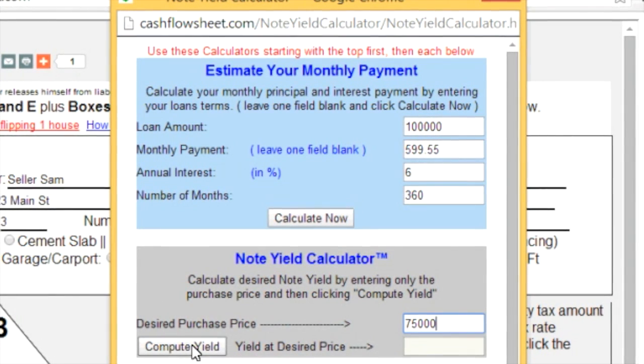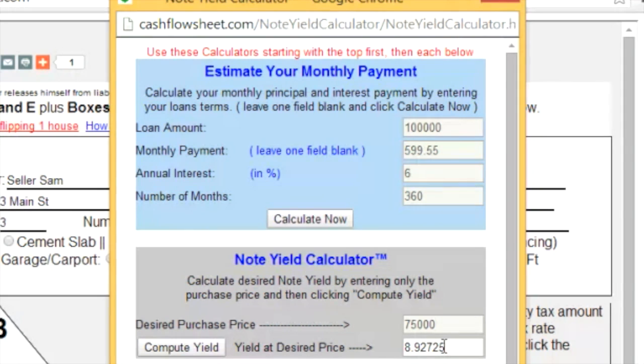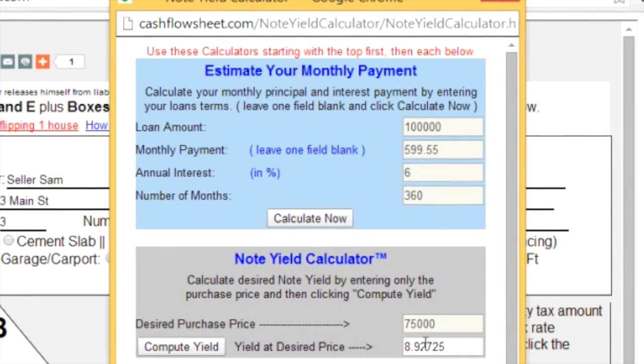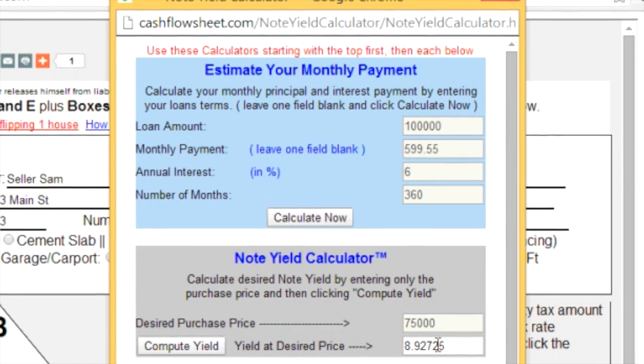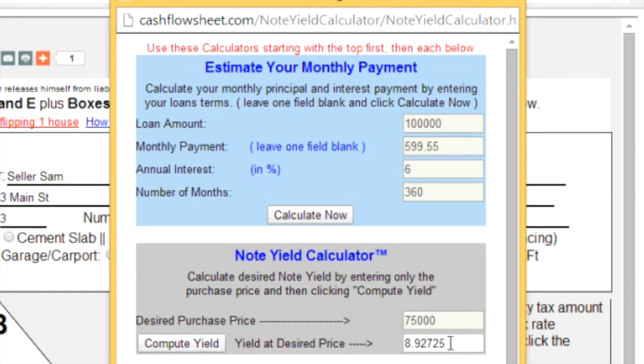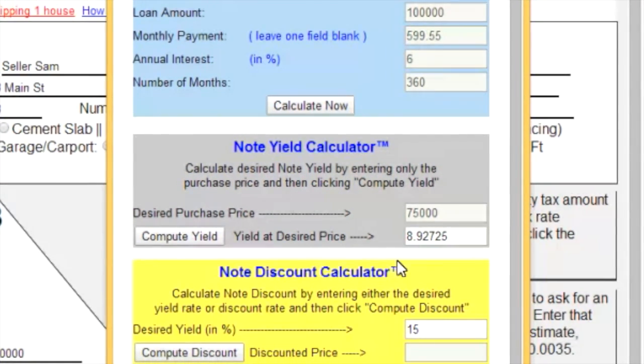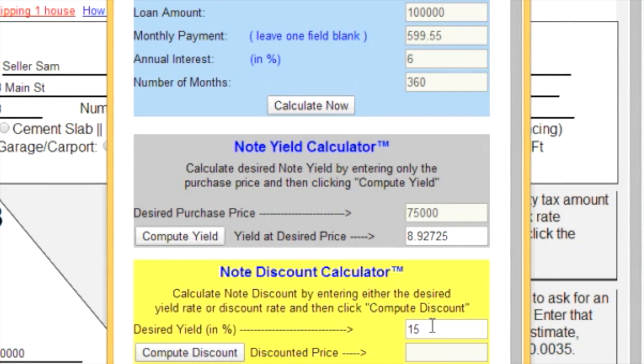And all you'd have to do is compute the yield to find out what the note buyer would be getting on their money. They'd be getting 8.92 or 8.93% interest or yield on their investment. Pretty cool. And last, let's say the buyer of this note was really greedy and they wanted a 15% interest